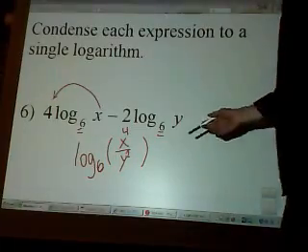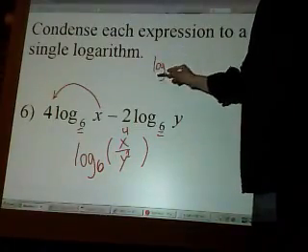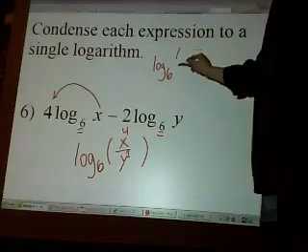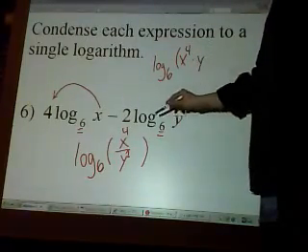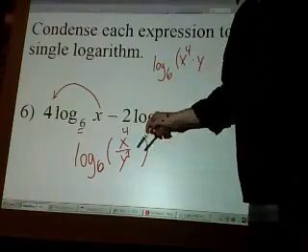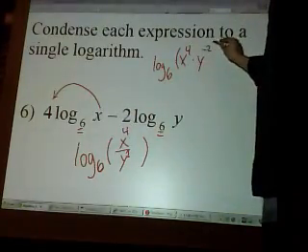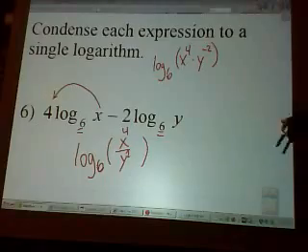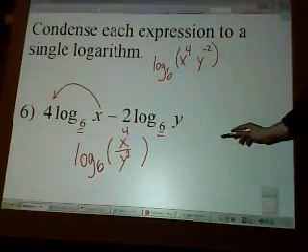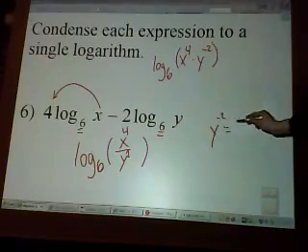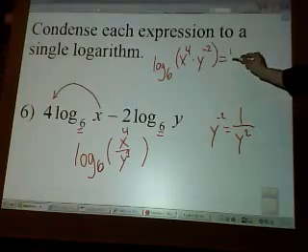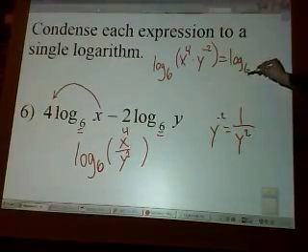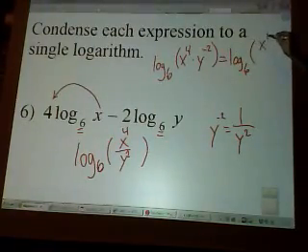If you really think about it, it's not that different from the last one, because if you write it in the same form, like log base 6, I could put x to the 4th power times y to the, well, it's not a positive 2, it's a negative 2. So I'd have to bring y to the negative 2 power. But what does the negative power mean? Well, that means 1 over y squared. y to the negative 2 equals 1 over y to the positive 2. So this is the same thing as x to the 4th